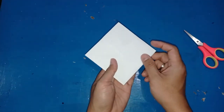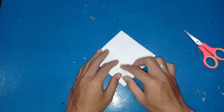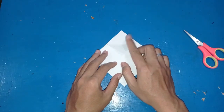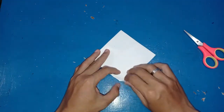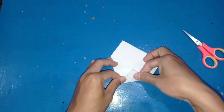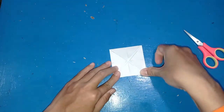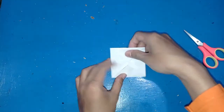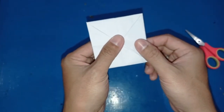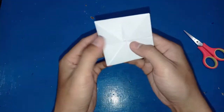Okay, flip it. And I'd like you to fold this side to this one. Remember, this one looks like a petal, like a pocket. You take this to the center again. Now this is, I don't know, maybe step 4. Now flip it and see what happens. Now here is your